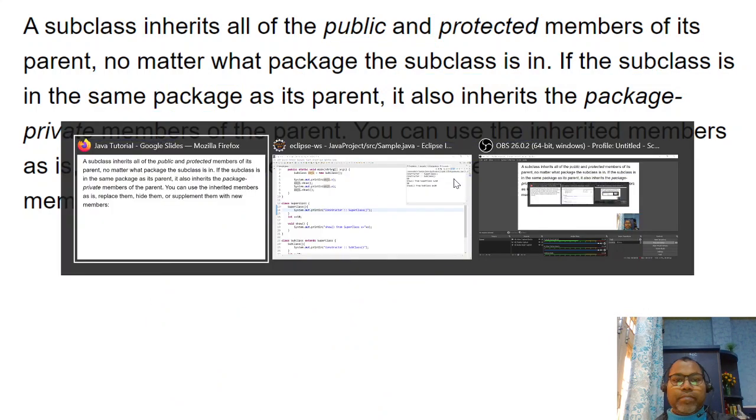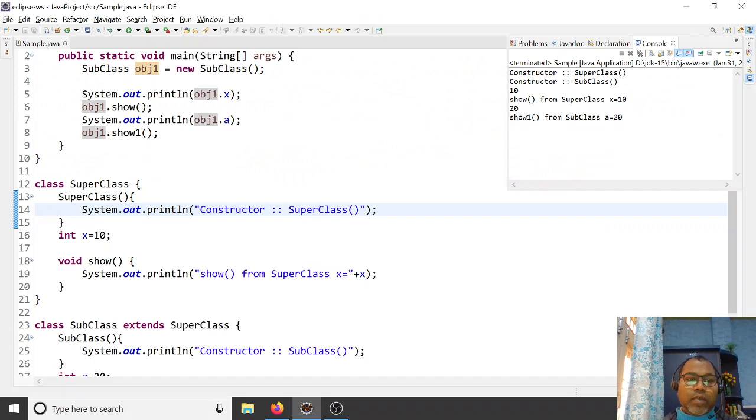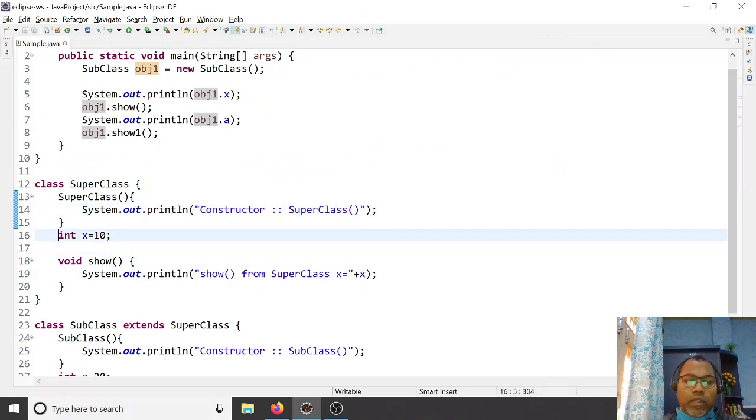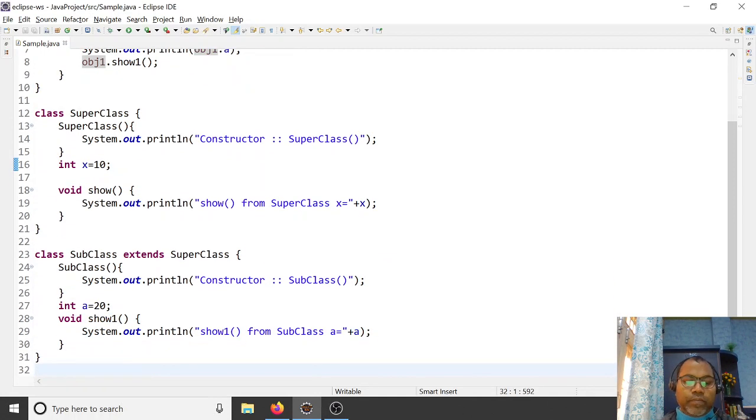Let us see an example. Here we have not declared any modifier. Default works like public in the same folder. If we created both classes in the same folder, these work as public and can be inherited here. Here we can access the x variable as well. If you run it...